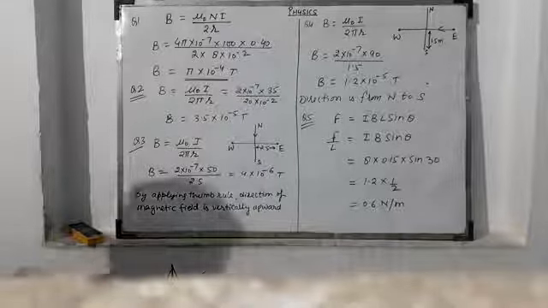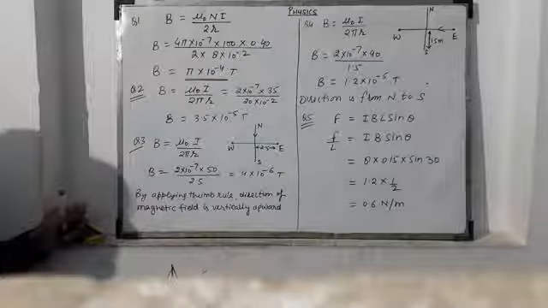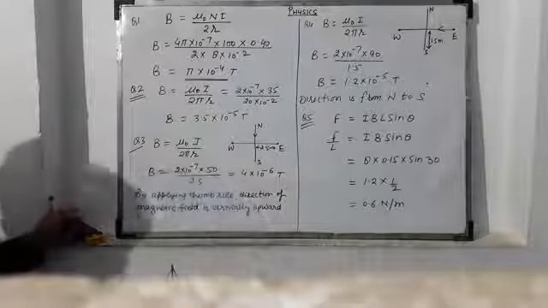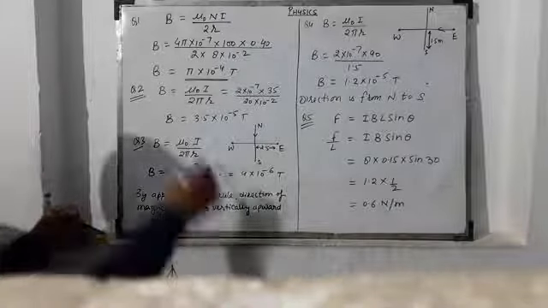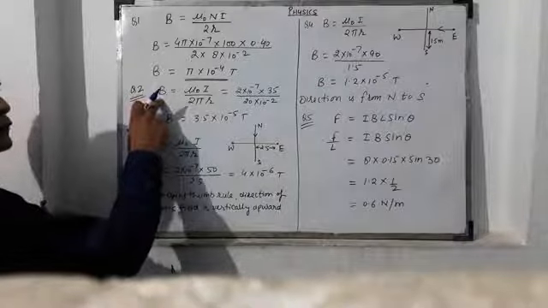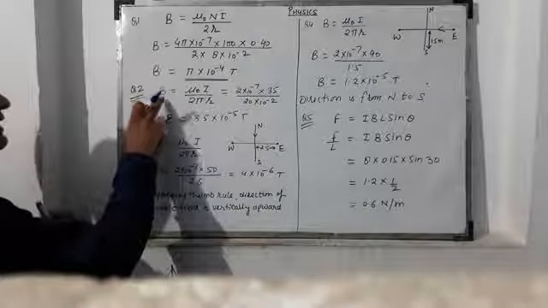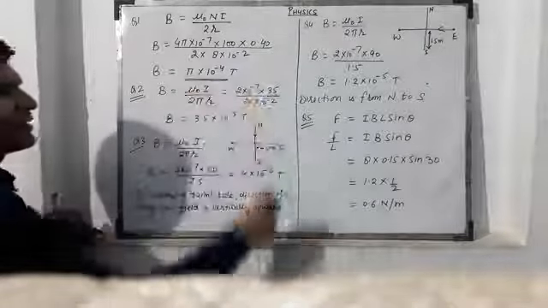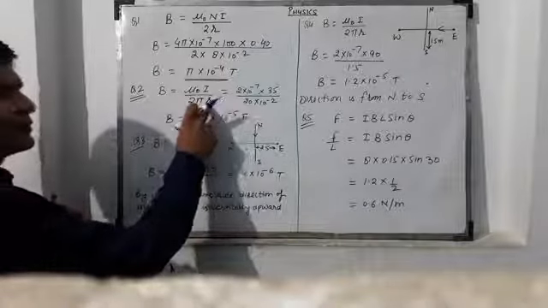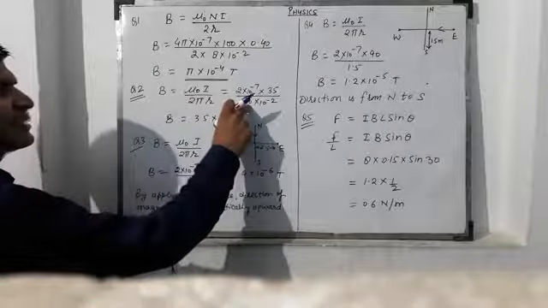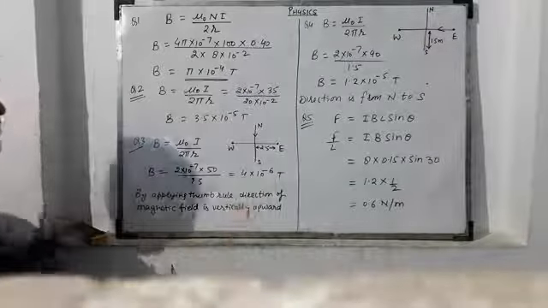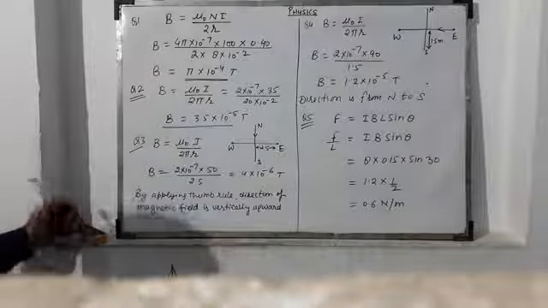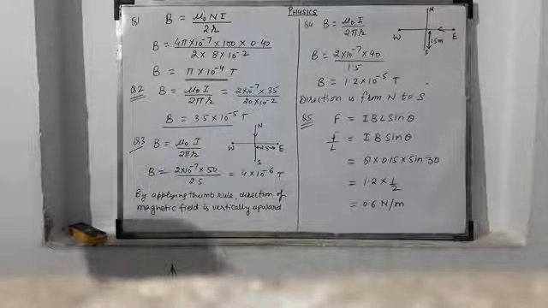In question number 2, a long wire is given and the question asks about the magnetic field at a point from the wire. So we use the formula for the magnetic field of a straight wire, B is equal to mu naught I upon 2 pi R. The current is 35 ampere and the distance is 20 centimeters, so we convert it into meters. By solving we get the magnetic field 3.5 into 10 to the power minus 5 Tesla.